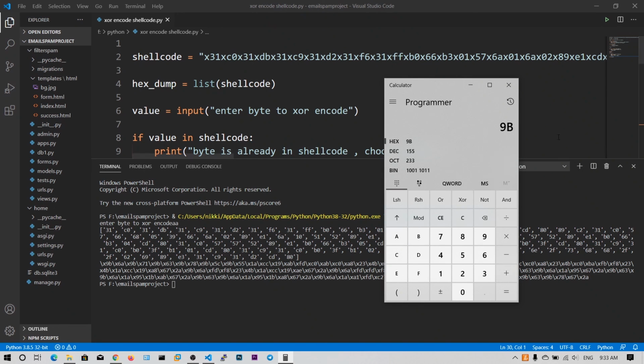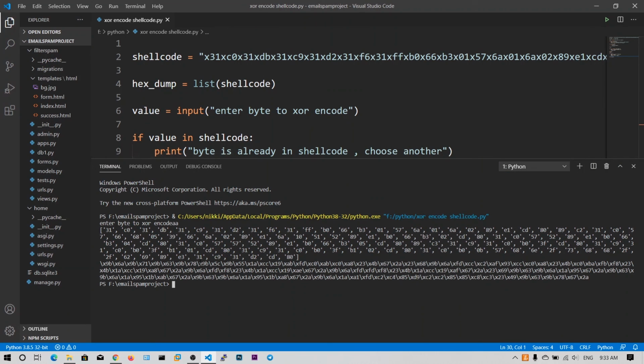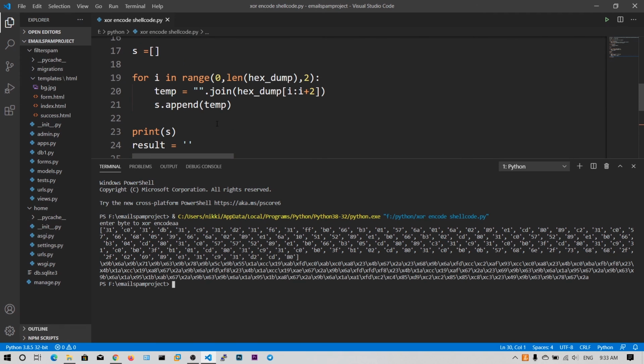If you hit enter, you will get the 9b value, which is the first byte. Similarly, you can check another value, C0 XOR AA, and you will get the value 6a. So guys, this is our required encoded shellcode, when we have done the XOR operation between each byte of shellcode and an input value.